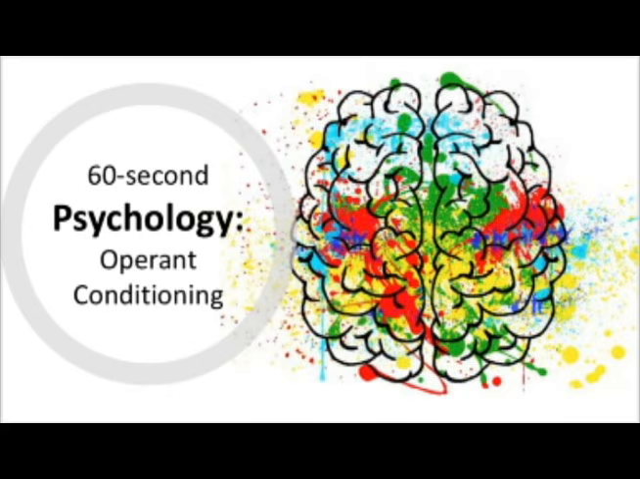Operant conditioning is the idea that behaviour is learned by consequence. If a behaviour is followed by a good consequence, it is more likely to be repeated, whereas if a behaviour is followed by a bad consequence, it is less likely to be repeated. Good consequences are called reinforcement, and there are both positive and negative reinforcements, although it's important to remember both types